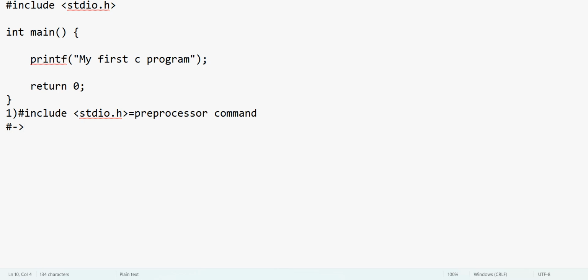First, coming to hash, it is used to tell the compiler. You all know that the compiler is usually the bridge that connects the higher level language and the lower level language. If you have any doubts about higher level language and lower level language, you can see the previous video, where I explain in detail. The language understandable by humans is known as higher level language, whereas the system understandable language is known as lower level language. A bridge has to be there between these two languages, I mean a translator. A compiler is used as the translator in a C program. So this hash tells the compiler